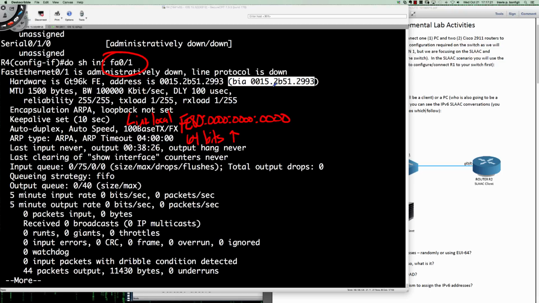Real quickly, it's very easy for us to figure out what would happen, because we know that FFFE is going to go right here in the middle, and the 7th bit is going to flip. So we've got 4 bits here and 4 bits here. If your MAC begins with 00, it's pretty easy to figure that out, because it's always going to flip that 7th bit, and if it's 00, you know that it will always end up being 0215